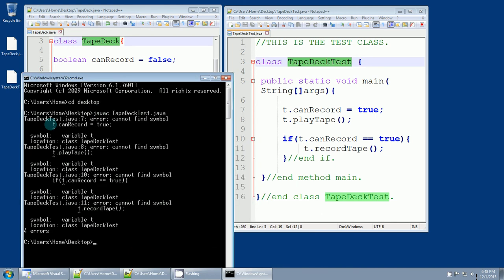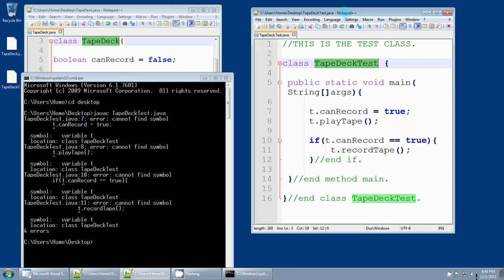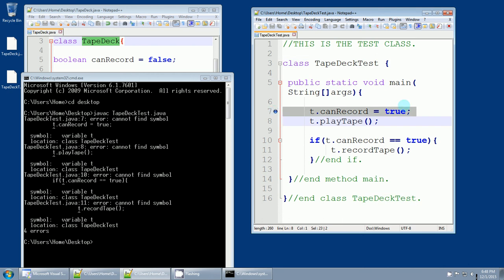Okay, TapeDeckTest.java, which it's talking about this file, and the 7 means it's talking about line 7. Line 7 is this line right here. It says cannot find symbol T, and it's got a little arrow pointing to T. Cannot find symbol T dot can record equals true. Well, the reason it cannot find it, and it also shows it here, location TapeDeck test Java 8,